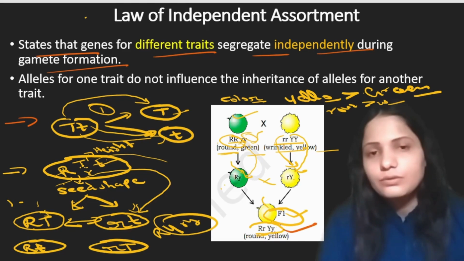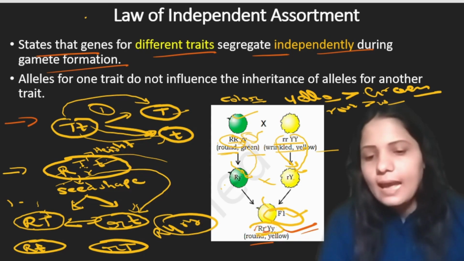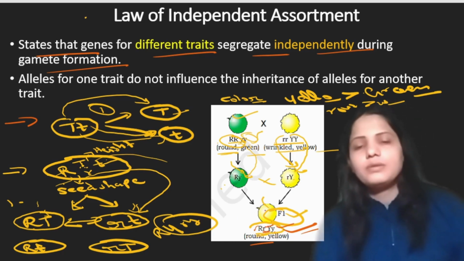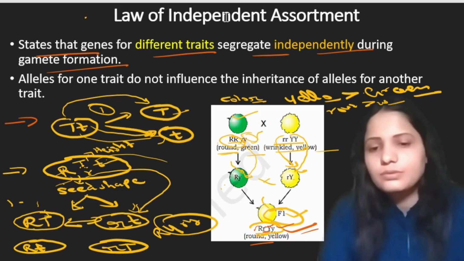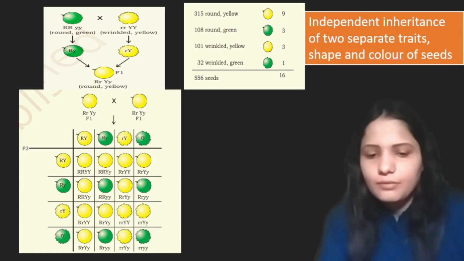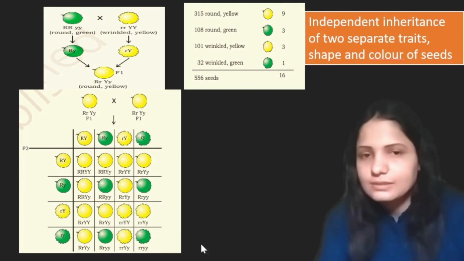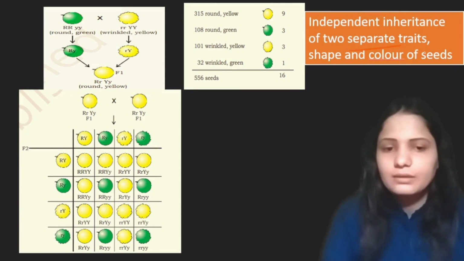So what is the phenotype of this case? We will have the round and yellow phenotype, which means that round is dominant over small r, that is wrinkled, and yellow is dominant over green. So this is how the law of independent assortment explains that genes for different traits segregate independently during gamete formation. Now, if we see independent inheritance of two separate traits, shape and color of seed,